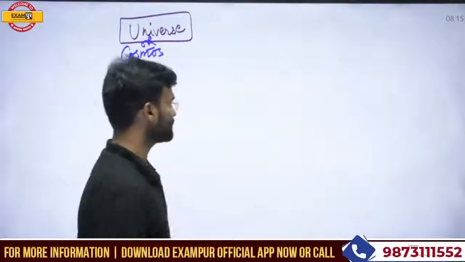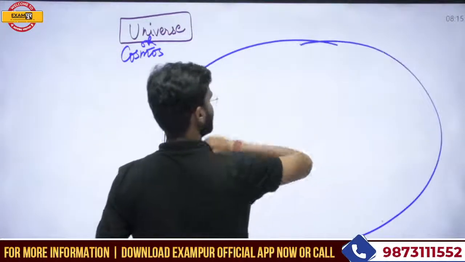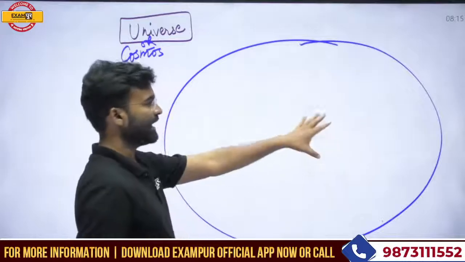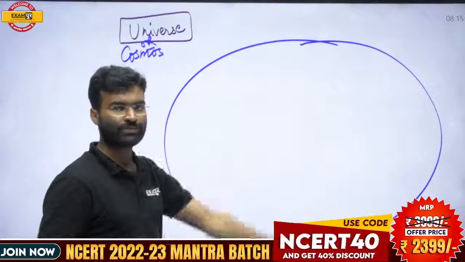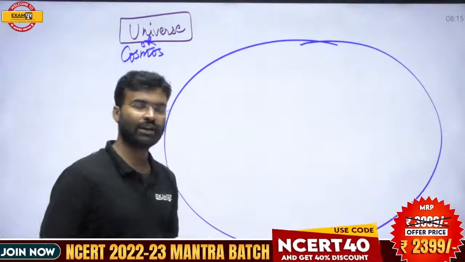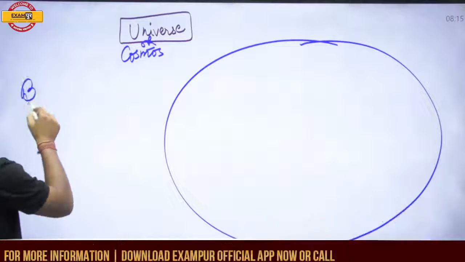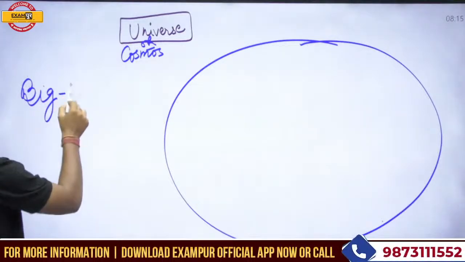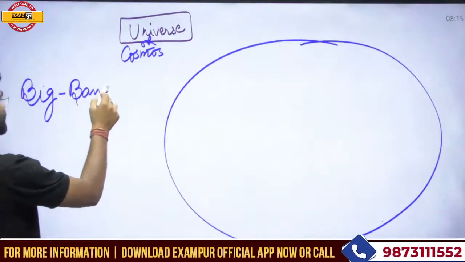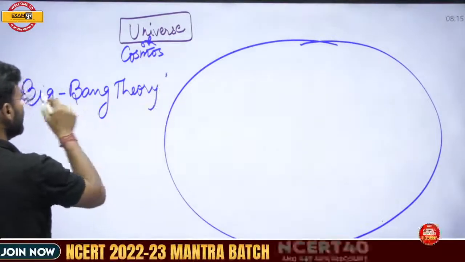Okay, so suppose this is the universe. That means all the things existing in this universe. And what is the concept of the universe? At the present time, the most relevant concept about the universe is the Big Bang theory. So this is the Big Bang theory, and this theory